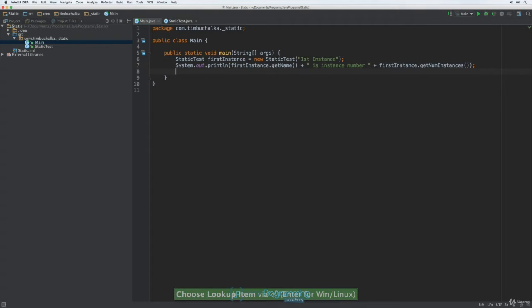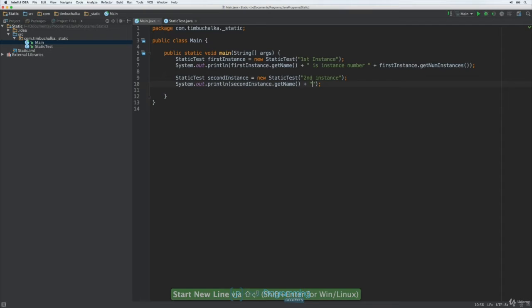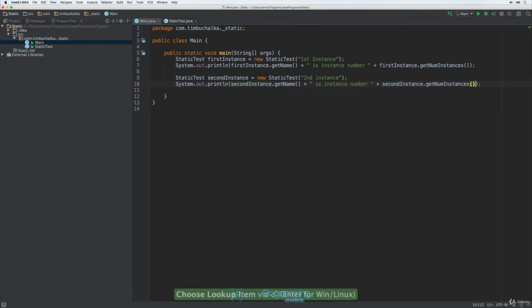Then we'll do static test second instance equals new static test. It's going to be second instance, and print out second instance dot get name plus "is instance number" plus second instance dot get num instances. Like so. Now, if we run this,